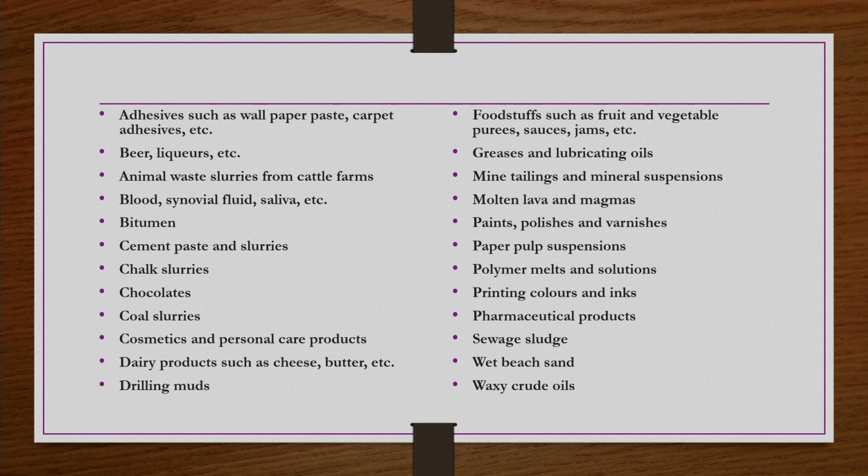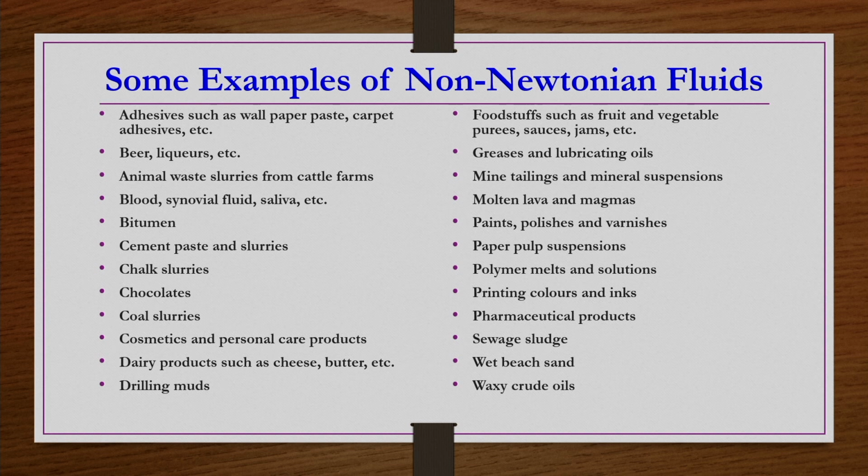So, pharmaceuticals, petroleum, chemical, beverage industries, food industries, cosmetic industries, dairy industries, almost all industries are covered here, and one or other kind of material has been listed. These materials have one or other kind of non-Newtonian characteristics at a specified shear rate. So, these are some examples of non-Newtonian fluids.